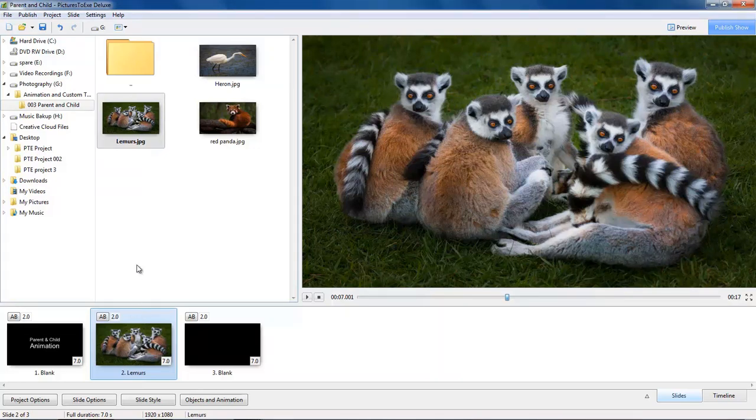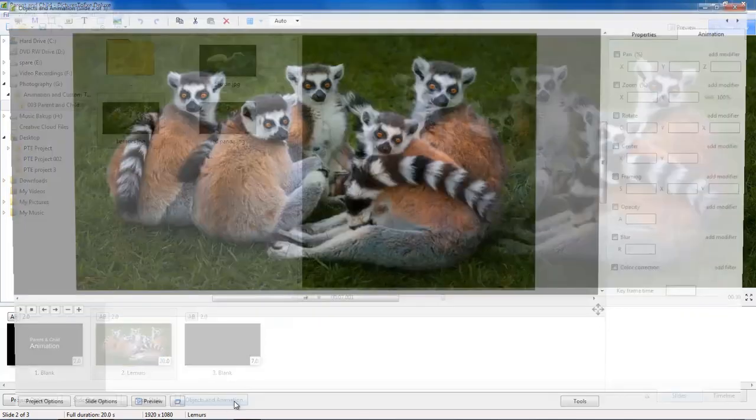As you can see from the file list above, I've already got the background image I want to use, which is the lemurs, and we're going to use the other two. Just before I open the lemurs up into the objects and animation screen, I'm going to give myself a little bit of working time. I'm going to just guess at the slide duration, knowing that I can always drop it back a little bit later. So for the moment, I'm going to put 20 seconds into there,